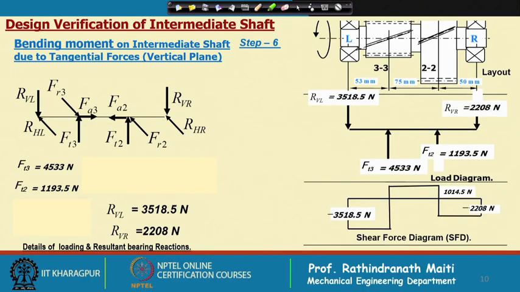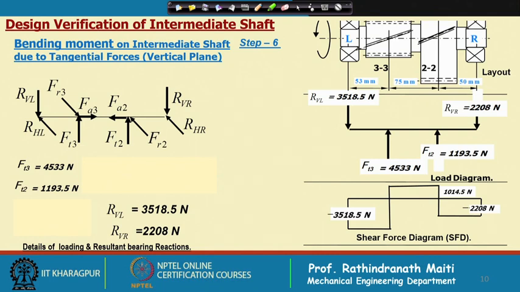In that case, the shaft is bending in the upward direction, therefore we consider the shear force as negative. First we have considered the 3518 at the left hand side, and then it comes up to the next point, the middle of the pinion, and there we simply add 4533 Newton and we reach above the midline in the shear force diagram, and from that value 1014 Newton,